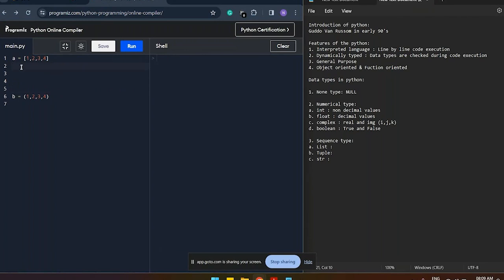If you want to perform an operation, like indexing, starting from the zeroth index, right?